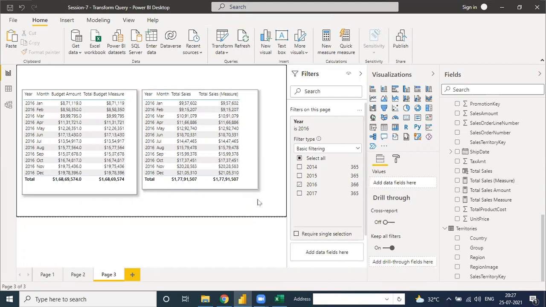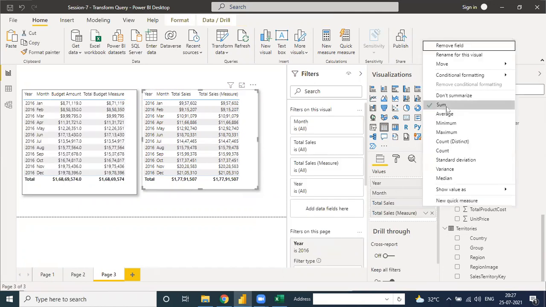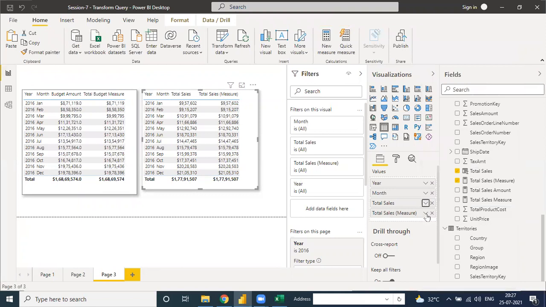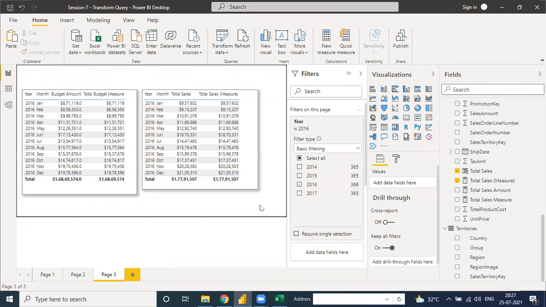That's why we use the explicit measure instead of adding a column, which increases the file size, using the implicit formula. Like here, total sales is just an increase. When you put any formula by adding a column, it is implicit, and when you create the DAX measure, it is explicit. Now it's okay. Tell me any doubt, if any.